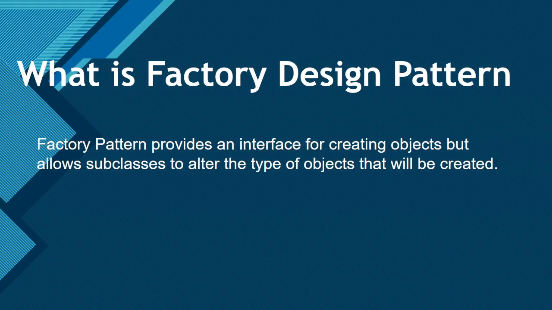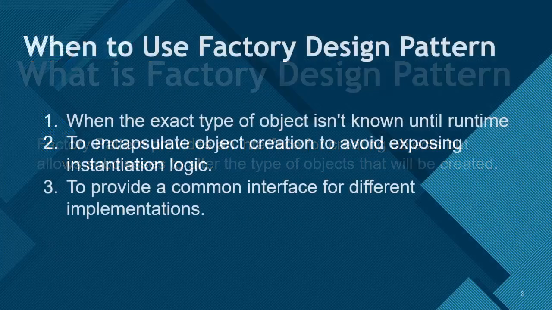The factory pattern is a creational pattern that provides an interface for creating objects in a superclass but allows subclasses to alter the type of objects that will be created. Essentially, it promotes loose coupling by eliminating the need to bind application specific classes into the code. Think of it like a factory in the real world. Imagine you have a car factory that can produce different models of cars. Instead of creating specific car models directly, you have a factory that decides which model to produce based on given criteria. Now let's see when you should choose the factory design pattern.